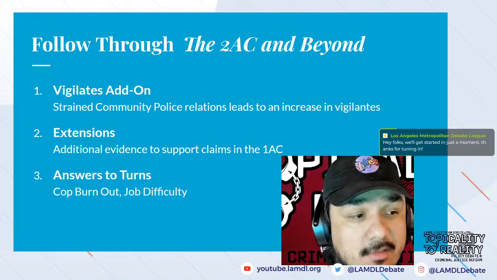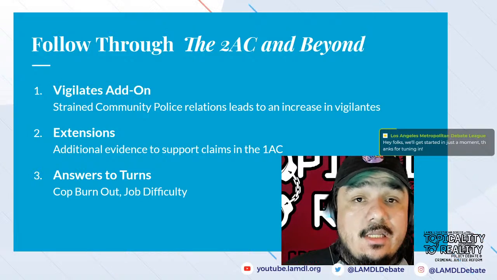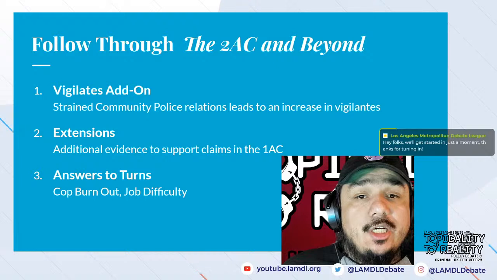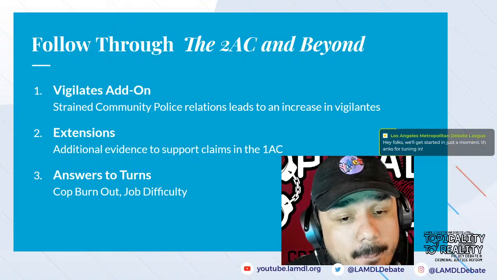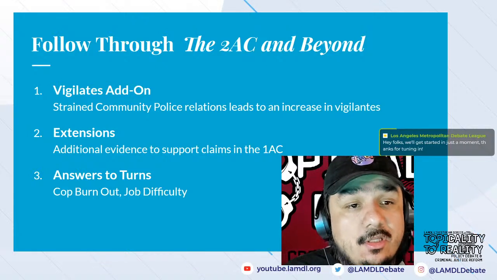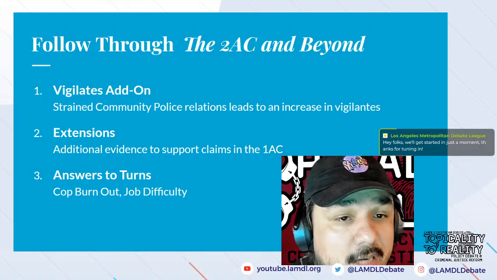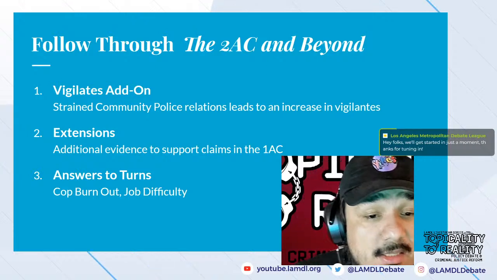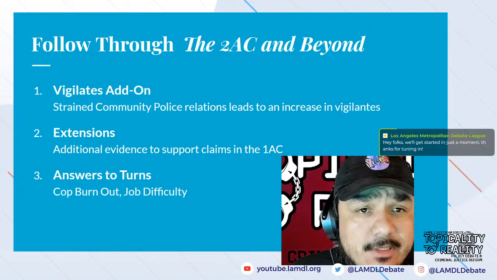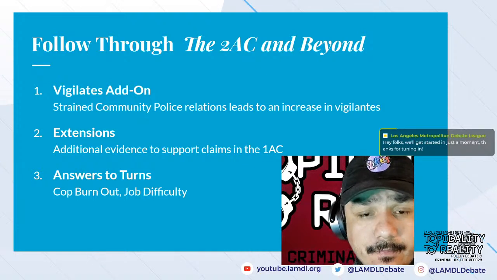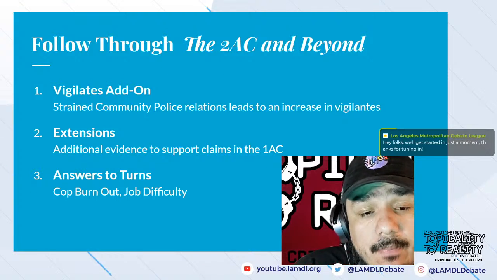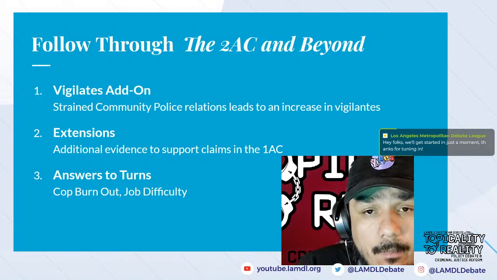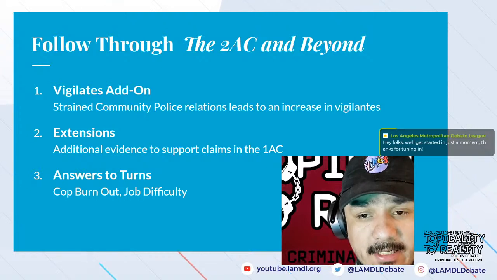So in the 2AC, you have a chance to extend the arguments that you established in the 1AC, but you also have the opportunity to add new arguments. So the first thing is an add-on. This is an additional advantage that you could use in the 2AC to leverage against negative arguments established in the 1NC. And in simplest terms, this add-on says that over-policing isn't the only advantage, but included in that is the fact that when police are not trained on implicit bias and when there is police violence,